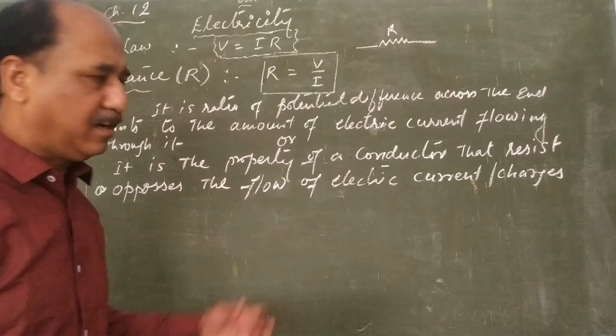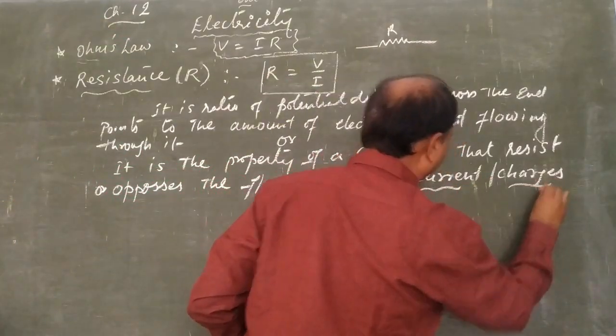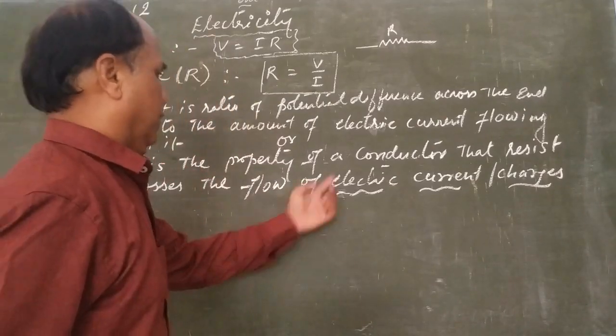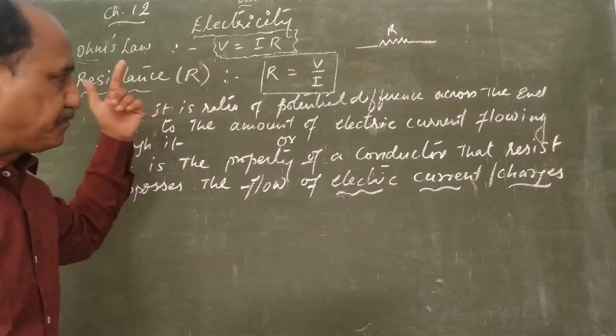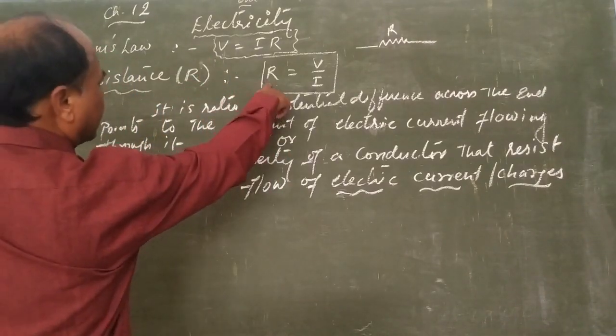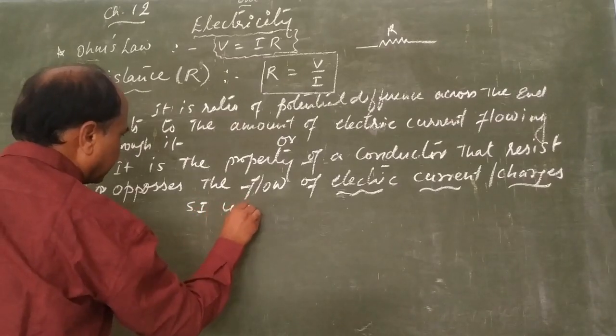The other name for the flow of charges is electric current. When the conductor opposes the flow of the charges or the current, that is called resistance. Now this resistance is abbreviated by R, and its SI unit is